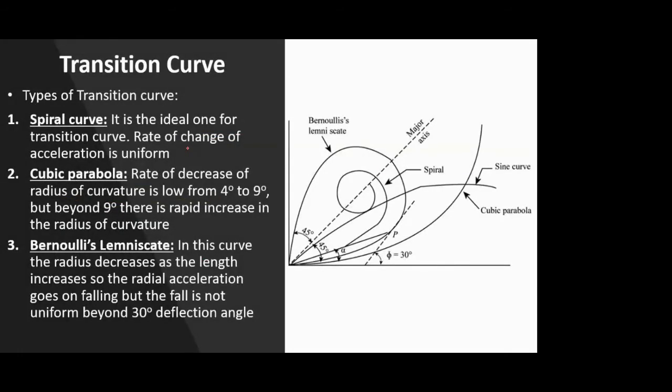And if you come to the shapes of transition curve, you can have these different shapes. You might have studied them in your mathematics and engineering drawing, that you have a spiral shape or a cubic parabola or Bernoulli's lemniscate, as you can see in the figure on the right. Now, I'm not saying that if I provide a spiral transition curve, my shape will be actually like this, but some part or some section of this spiral curve I'll be utilizing. Okay, so that's the meaning. So don't think that you are providing a spiral transition, so you are providing this whole shape. No, you are providing only a part of that shape.